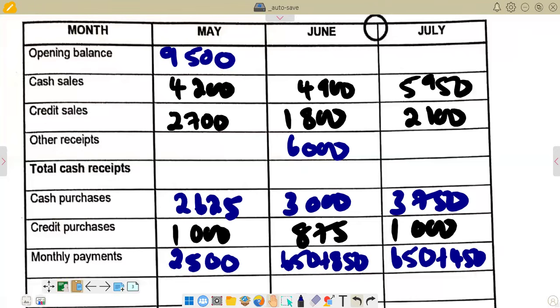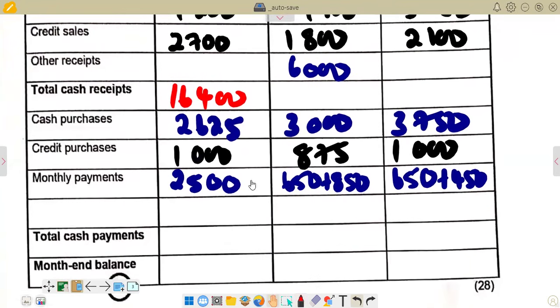So what we are supposed to do now is to add. At the beginning, we will open a balance of a positive 9,500. We add 4,200 of the receipts, and we add 2,700 so that we get the total receipts. So if you add them, the total that we are going to get is 16,400. And then on the payments part, we are going to add our payments starting from cash purchases down to our monthly payments so that we get our total cash payment. So again, 16,400 plus 2,625 plus 1,000 plus 2,500. So that you get your total payments, which is we are going to get a figure of